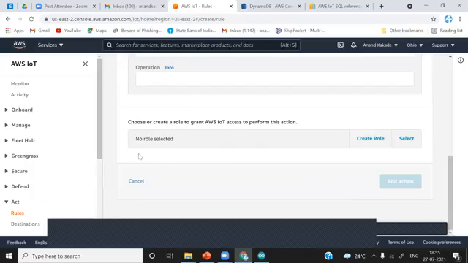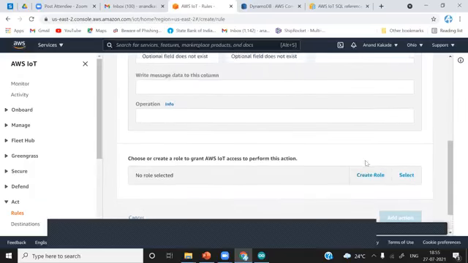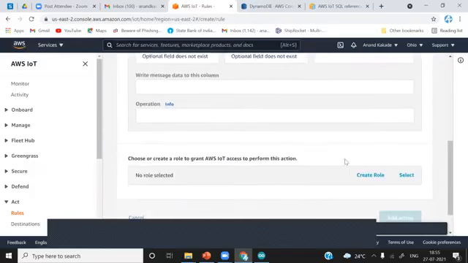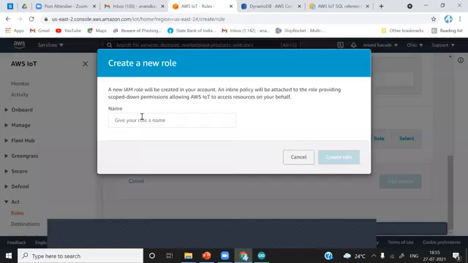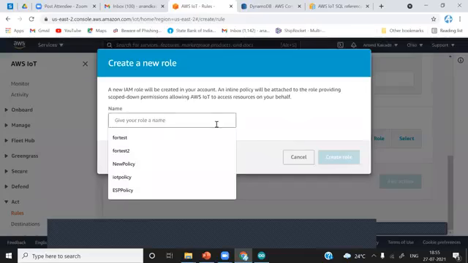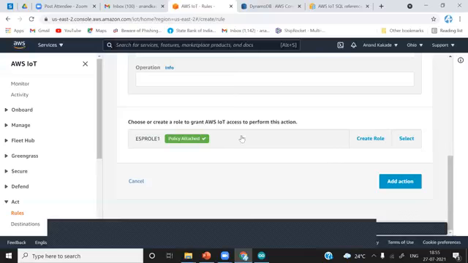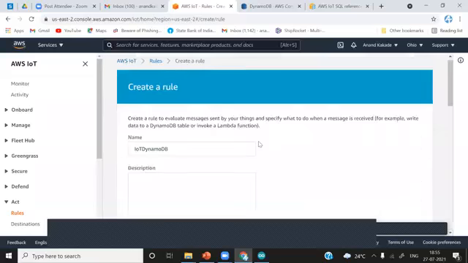And then you have to create a role. Just after doing all this process above, you have to simply create a role. Give whatever name you want to give. I'll just give the name as ESP role 1. Create role. I have attached this policy and then add action.